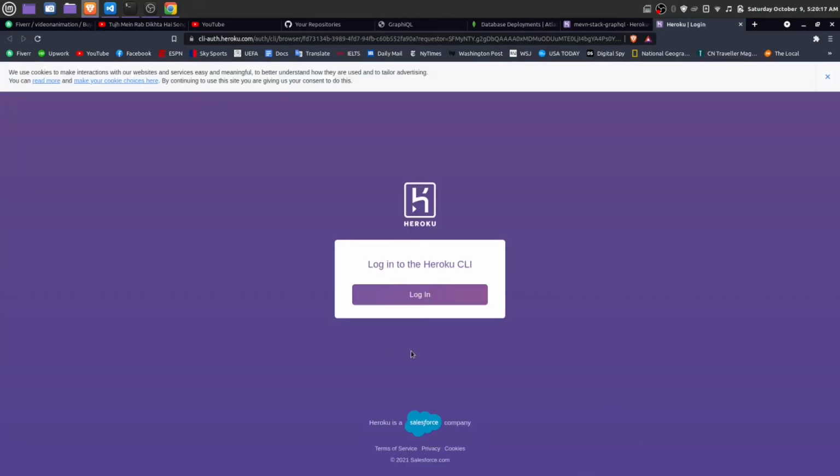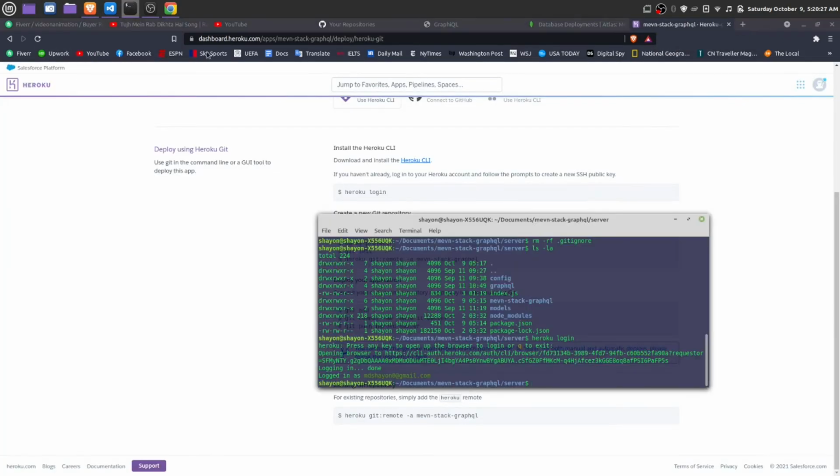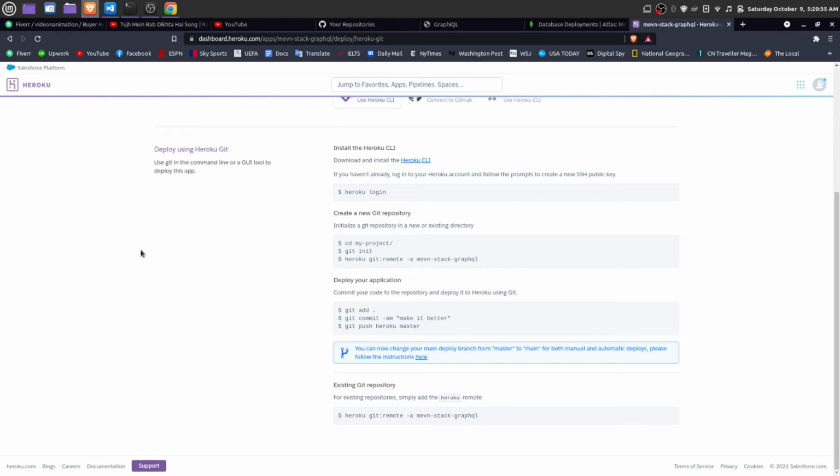Just log in, press login once again. It will automatically log in and authenticate us. Okay, close this tab which we don't need now. Now it's saying logged in as MD Sion, that means login successful.